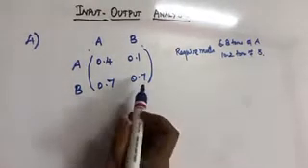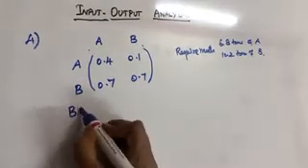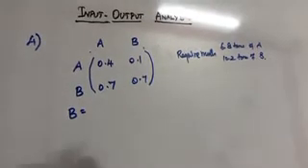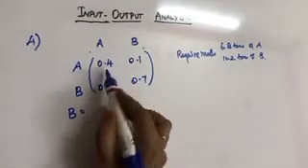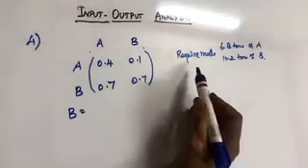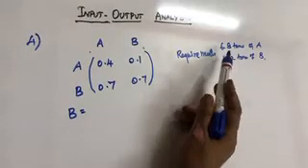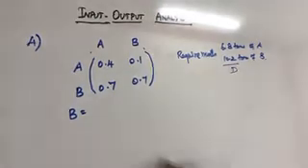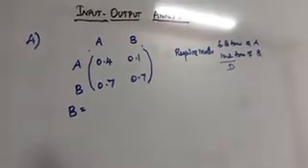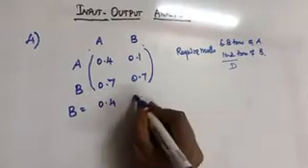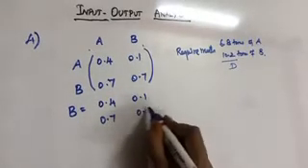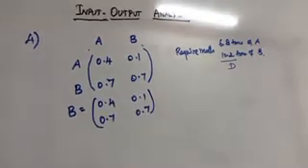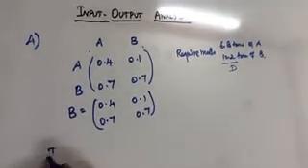Okay, now with this given data you can write the technology matrix directly because they didn't give the gross output or the domestic demand. They have just given the data and this is the technology matrix. The requirements are also given, 6.8 tons of A and 10.2 tons of B. So we use this value as D, the matrix. So B is equal to [0.4, 0.1; 0.7, 0.7]. This is our B. First we have to calculate I minus B.